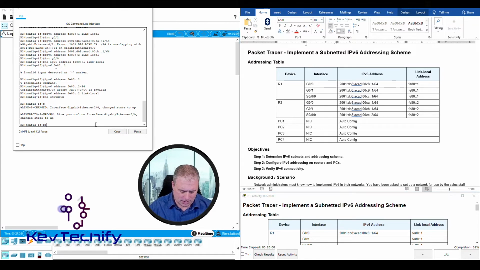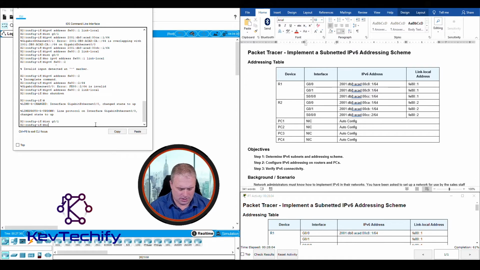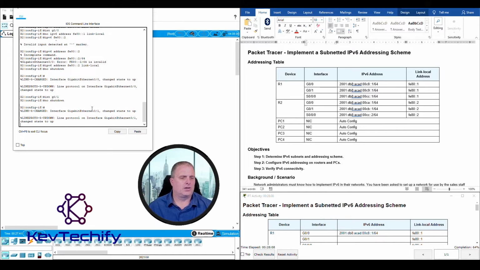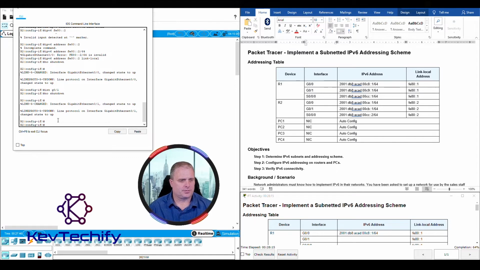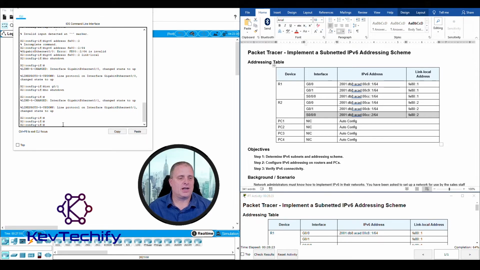I can go in and type int gig 0/1, enter. Turn it on by doing a no shutdown. We get our 2 updates, interface change to up and line protocol change to up. Last thing we have to do on R2 is set the IPv6 address, the link local address, and turn that on. To change interfaces, all we have to do is int